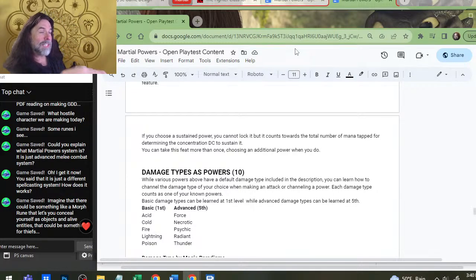So if a 9th level character locks all 3 mana, you can't use mana at all anymore until you free up some of those ranks. So if you had 3 separate powers that you were sustaining, 1 each, you could lock one of them, and you wouldn't have to worry about losing that. Your concentration check drops to 12, but you still have 2 mana open, so you could use 2 dice